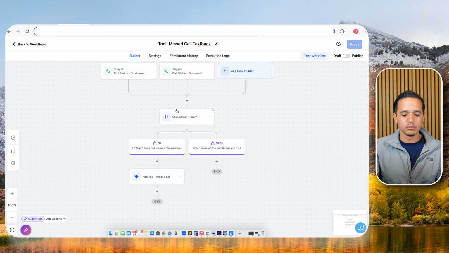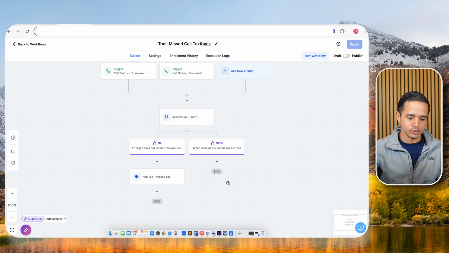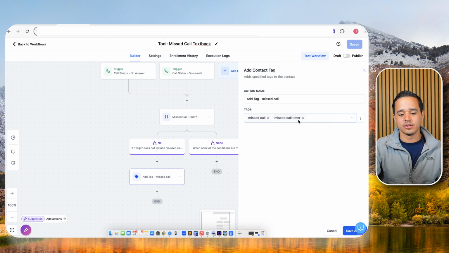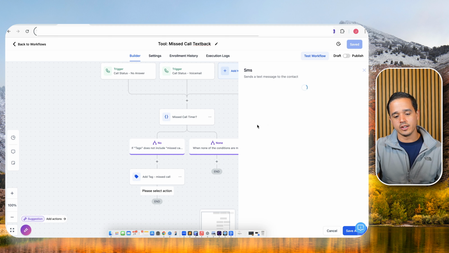And so what I'm doing here is I'm checking, hey, does the missed call text back timer tag exist? If it does exist, then go down this route and just go out of the workflow. Don't even worry about it. But if it doesn't exist, then come down this workflow and actually add the tag missed call text back timer. And then we're going to have another workflow that actually has the timer and then add the tag missed call text back. We're going to come in here and we're going to send a text message